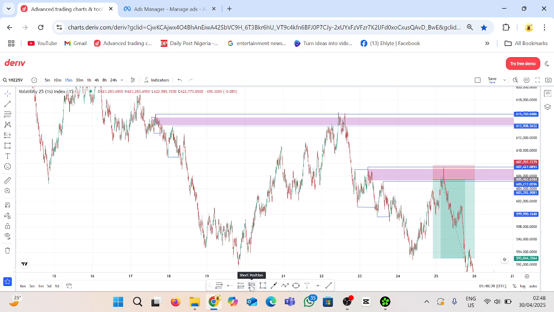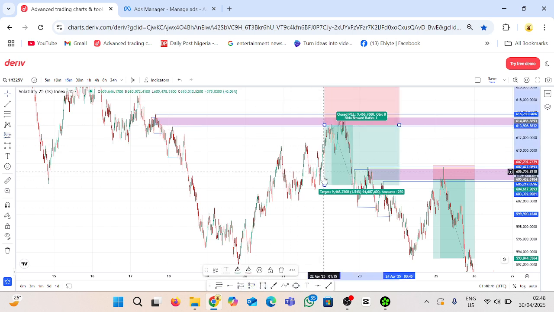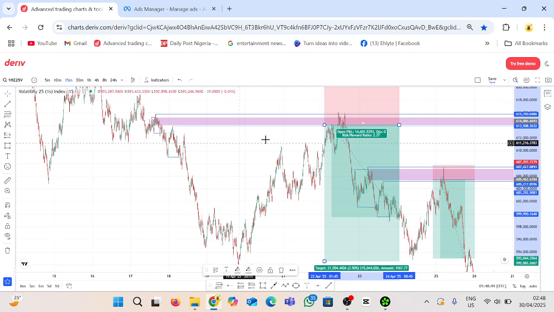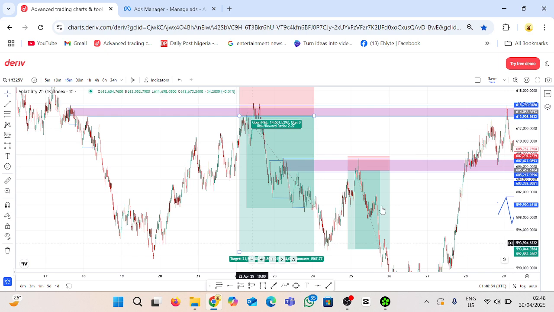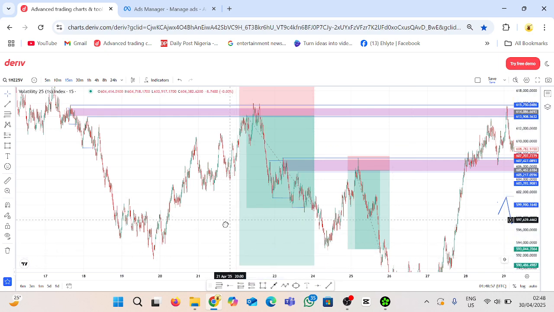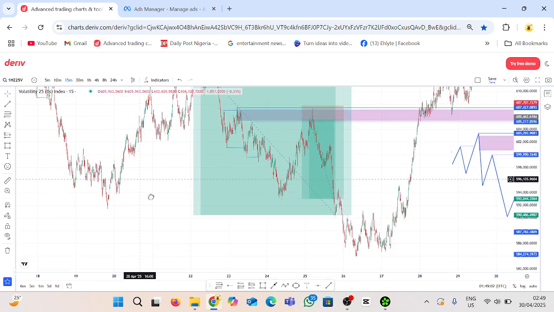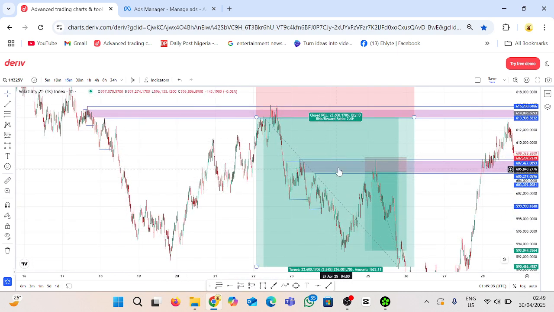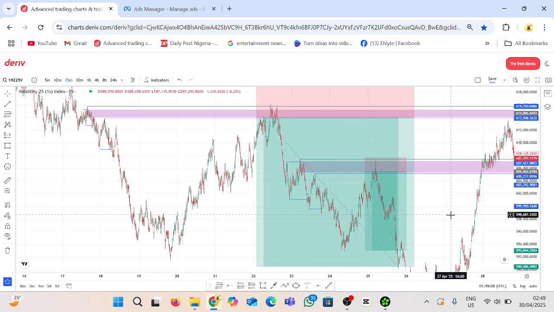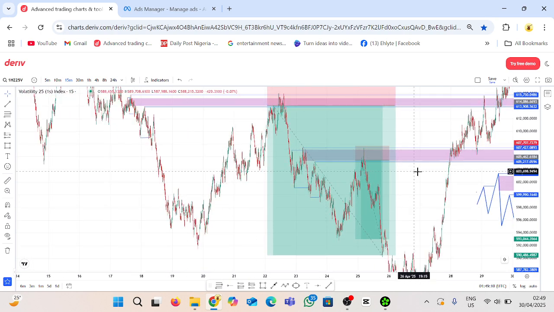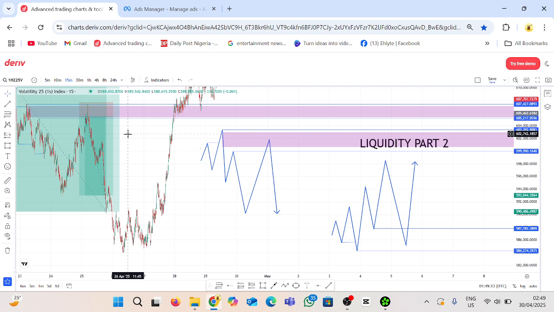You can see what price did after taking out the structural liquidity, after all this movement. Price still waited to take out the structural liquidity and move in the opposite direction. You can see that it smashes TP, smashes our full target. While you're on this trade, you see another continuation setup. You still take it, and that's how you keep making money in the market. But first, you have to understand the five rules of the advanced market structure. This is why the first video is very, very important.